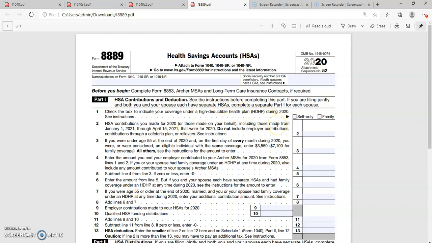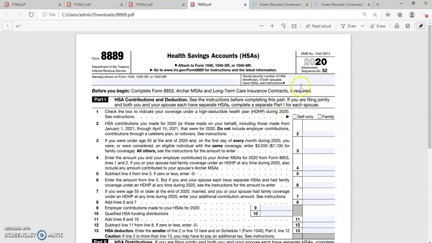So basically the purpose of 8889 is to report the contributions, including those made on your behalf and the employer contribution, to figure out the HSA deduction, to report distributions from HSAs, and to figure out what you must include in income and the additional tax you may owe if you fail to be an eligible individual.